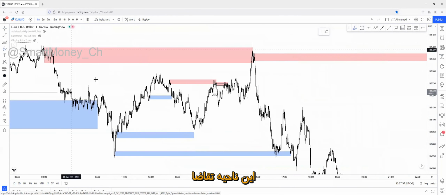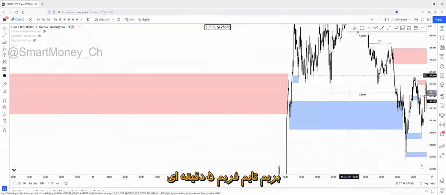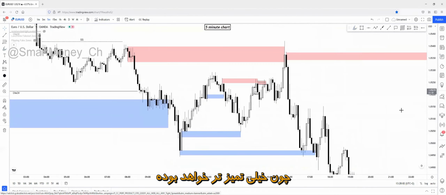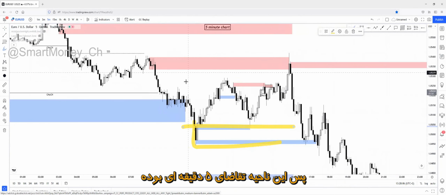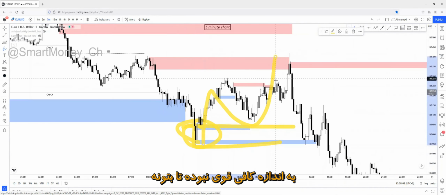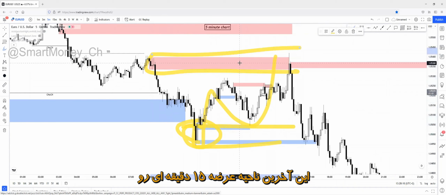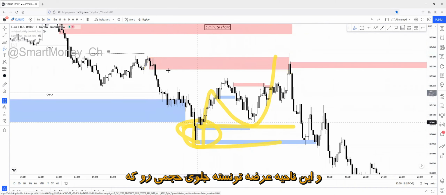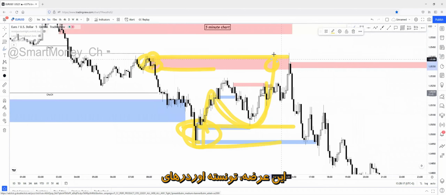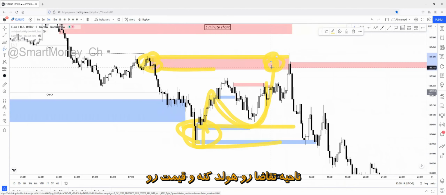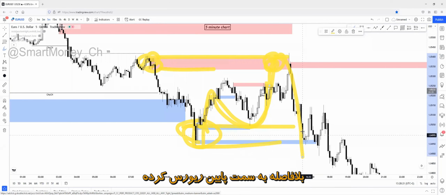This demand zone, switch to the 5-minute chart, it will be much cleaner. Where is it? Right here. So this was the 5-minute demand zone right here. This 5-minute demand zone wasn't strong enough to break above this supply zone, this last recent 15-minute supply zone. And this supply zone was able to hold the volume of this demand zone. It did hold the volume of the demand zone and reversed the price immediately to the downside with a huge